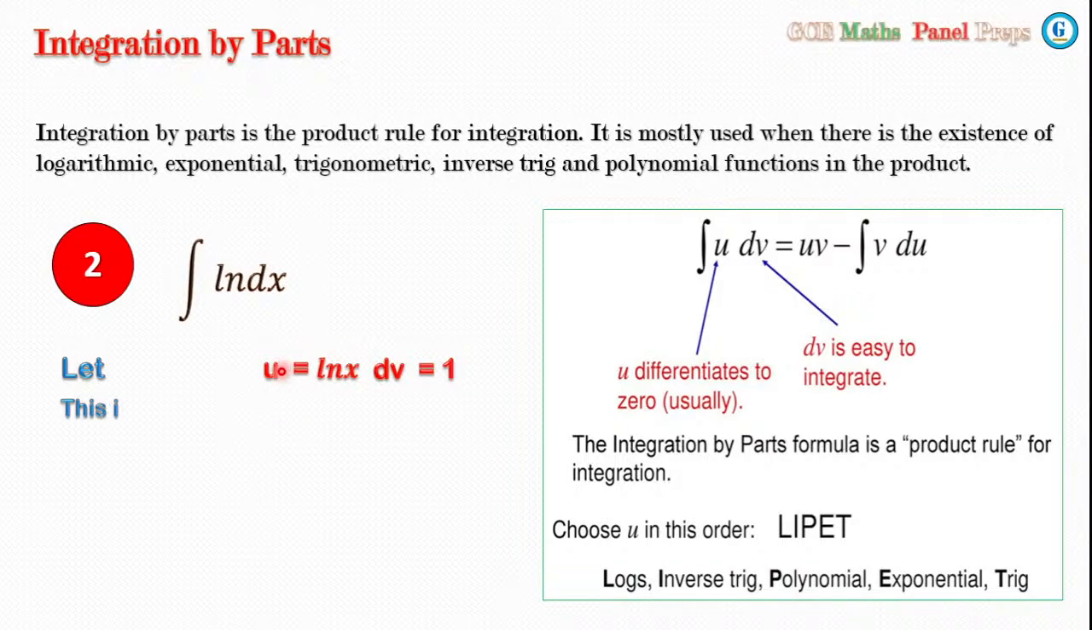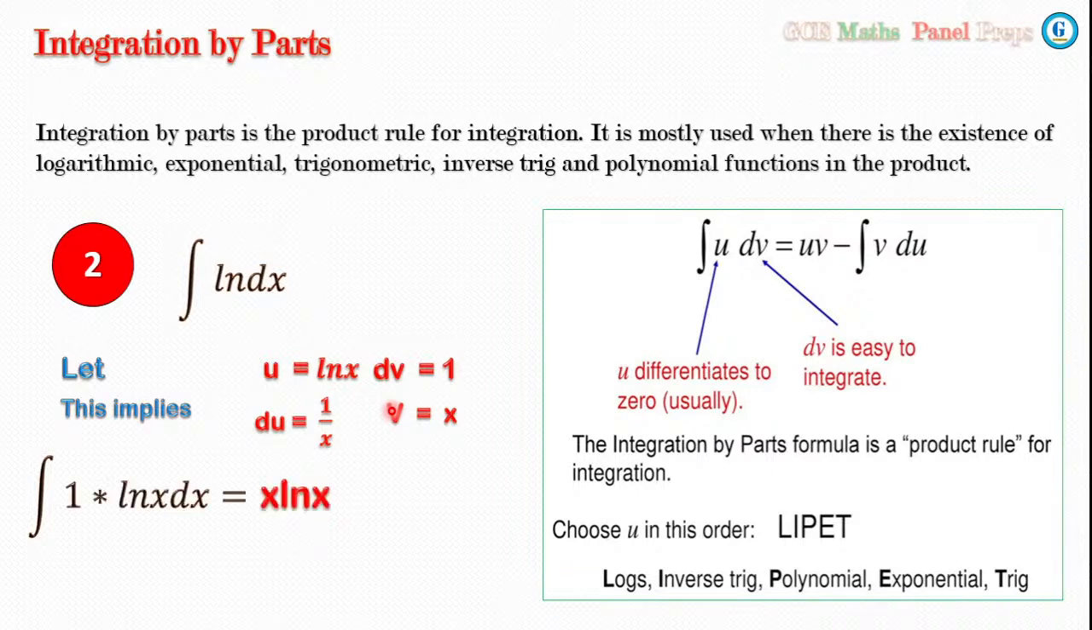So from here we can look for du. The du will be equal to the derivative of ln x, which is 1 over x, okay? So du will be equal to 1 over x. And now that we have dv, we have to look for v. Our v will be equal to the integral of 1, which is x. So we can now apply the formula. So the integral of ln x dx, like I said before, is 1 times ln x. That is u, which is ln x, and our v, which is x. So we write x ln x